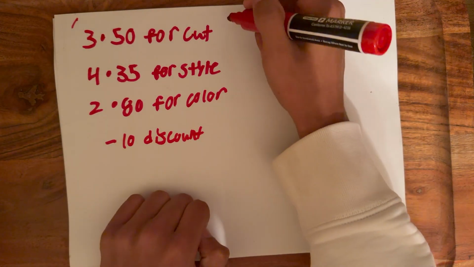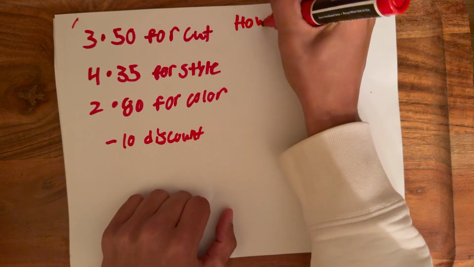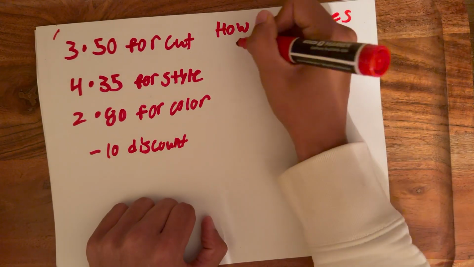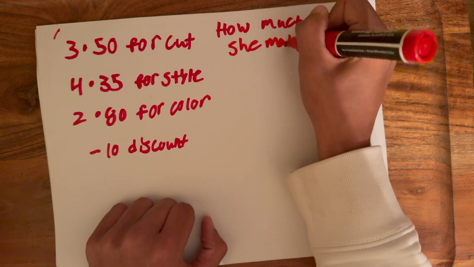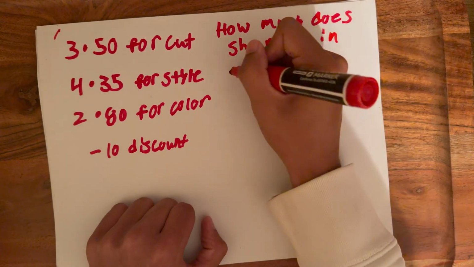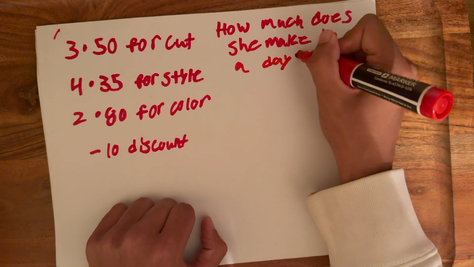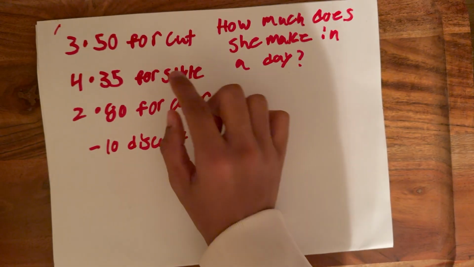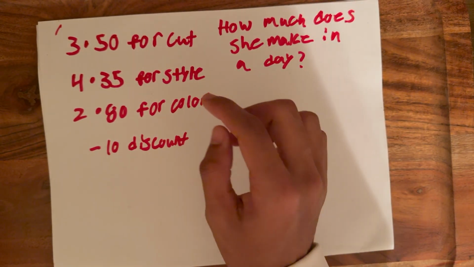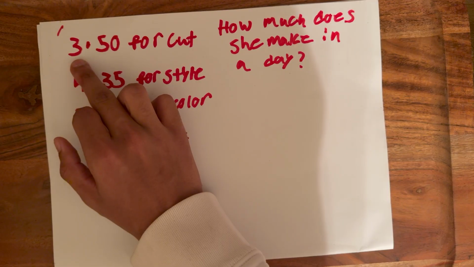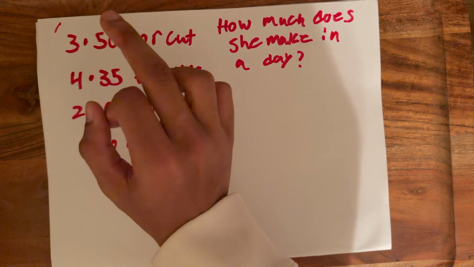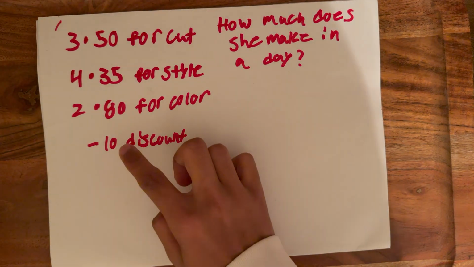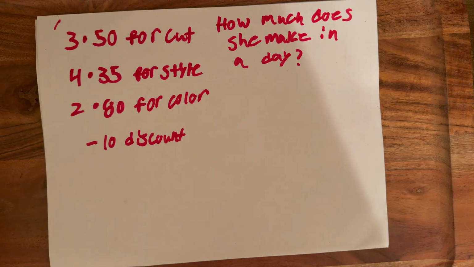So how much does she make in a day? Okay, so we have $50 for a cut, $35 for a style, $80 for a color, and she does 3 cuts a day, 4 styles, and 2 colors. It would say that she does a $10 discount. So step by step, we'll say